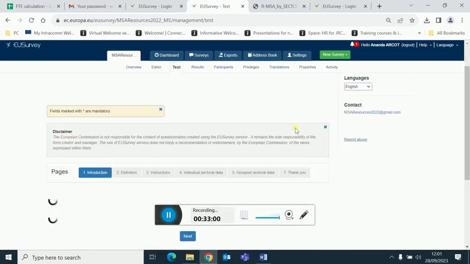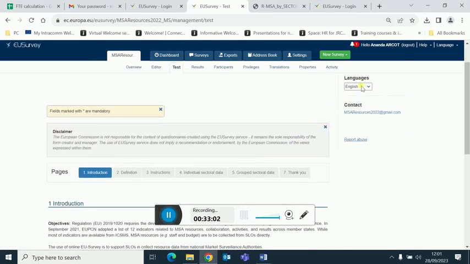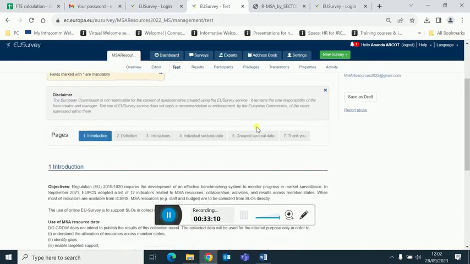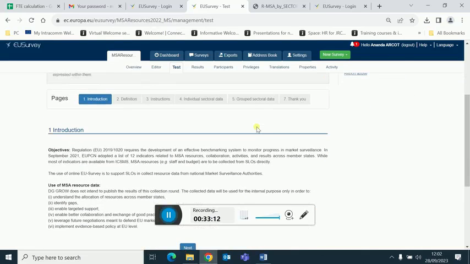Here you can choose the language of your interest according to your national language, but for easy access I'm going to choose English so that everybody can understand. Here, as you can see, we have 6 sections. First is an introduction section, where you will have the objective of the EU survey, or the objective of why we are collecting the MSA resource data